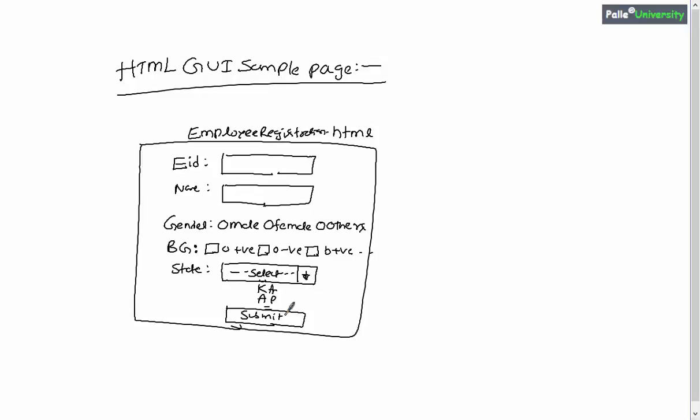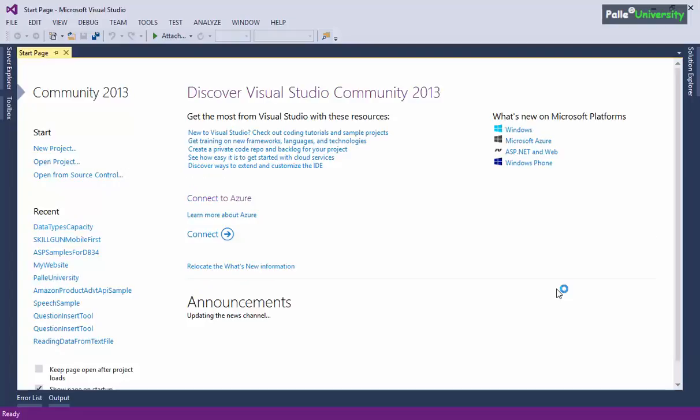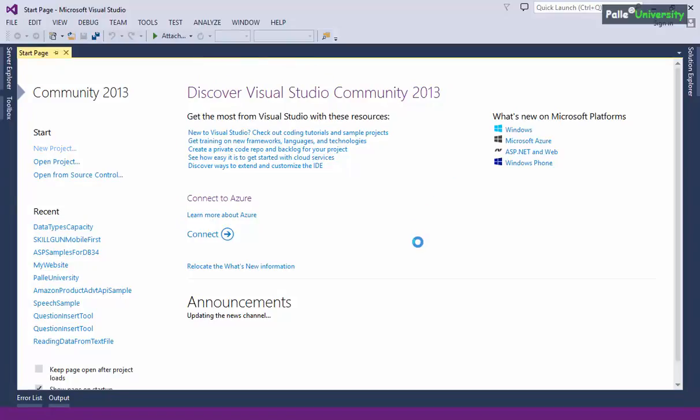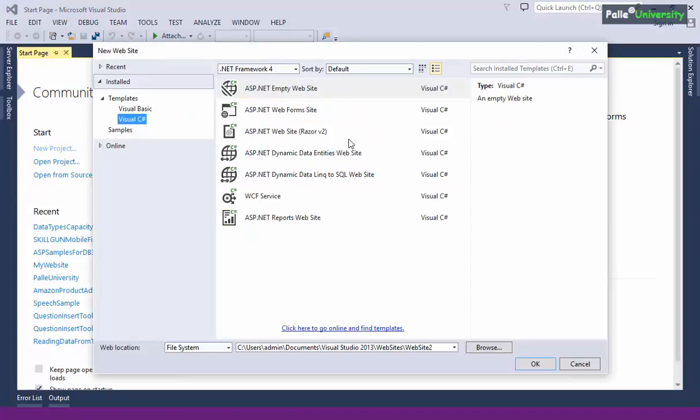But anyhow, while showing this sample, I will not use Notepad software, but instead I will use my favorite Visual Studio tool for creating the HTML document or HTML file. Now, let me show you the code required for creating the user interface something like this. Now, I just opened my Visual Studio and let me click on File, New, and I should click on Website option. So once I click on Website option, we must be able to see a new window something like this,